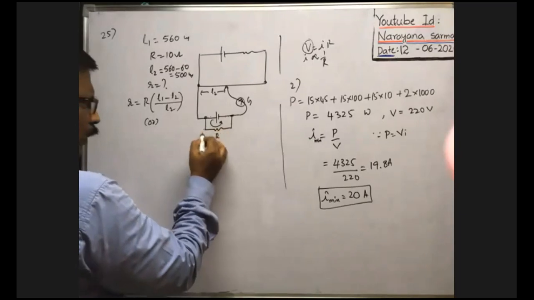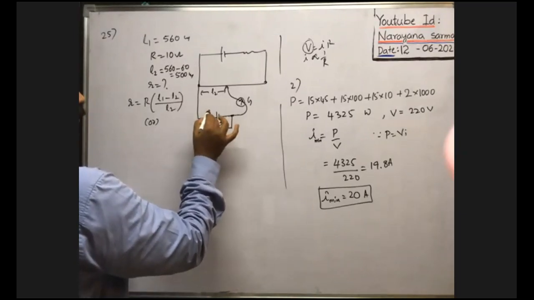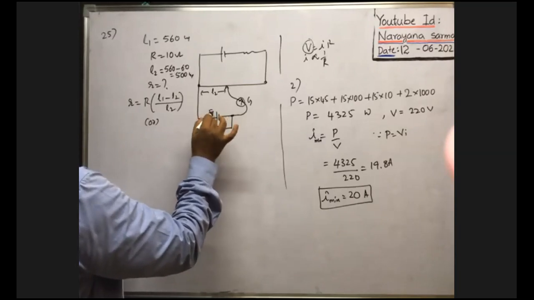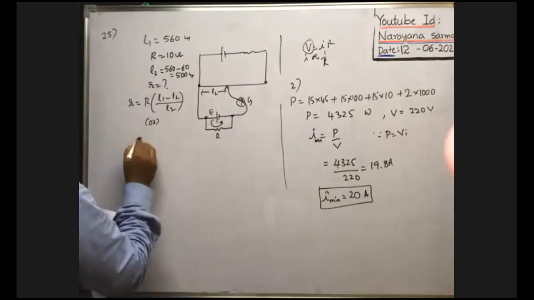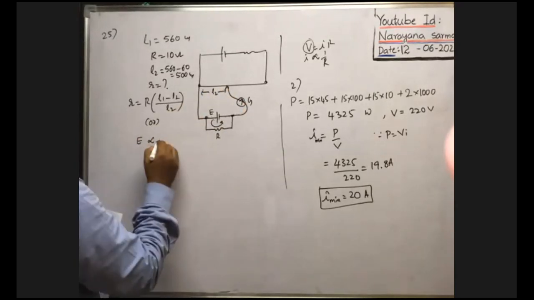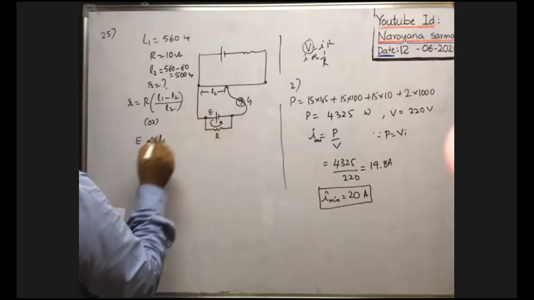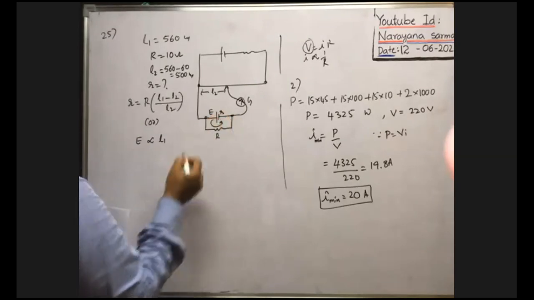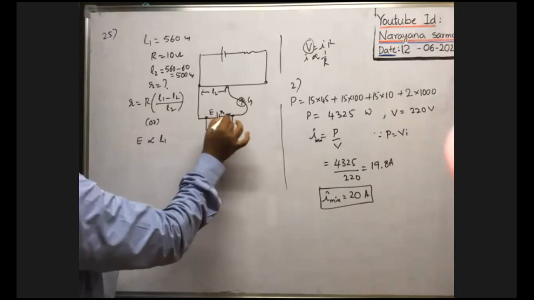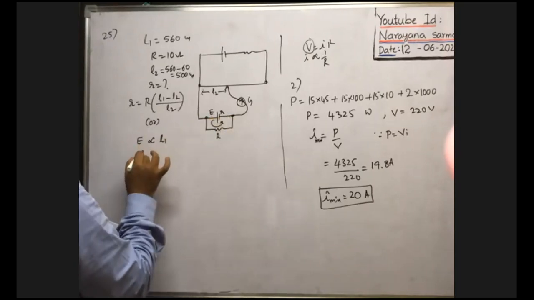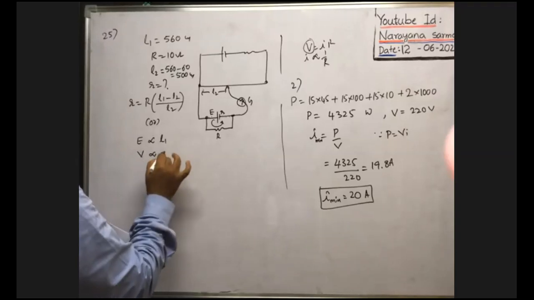At first, no external resistance is connected across the cell. Then the EMF of the cell E, because for this EMF of the cell, the balance length is L1. That's why the EMF of the cell in the secondary circuit is directly proportional to the balancing length. Whenever external resistance is connected, the internal resistance of the cell, small r, is there. So when external resistance is connected parallel to the cell, the potential difference between the two terminals of the cell is equal to the potential difference across the resistance, that is V. V is directly proportional to the balance length L2.